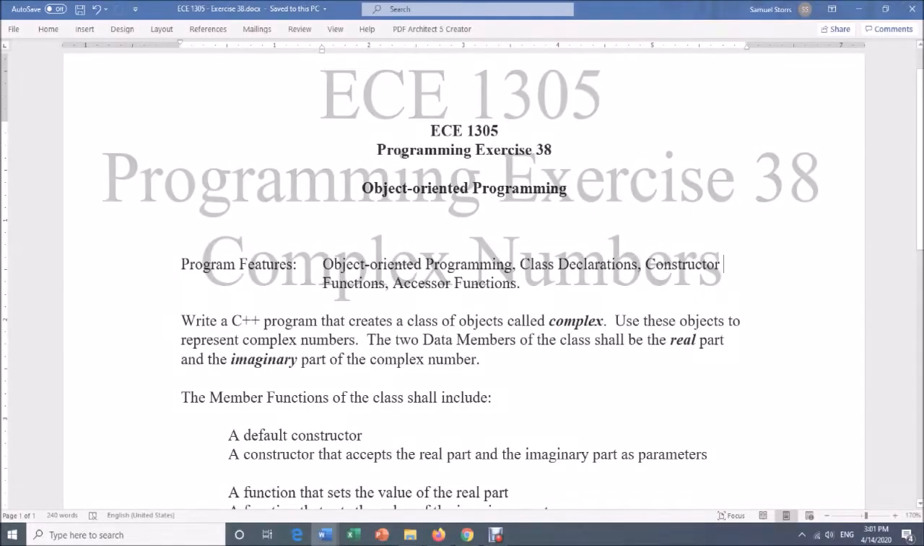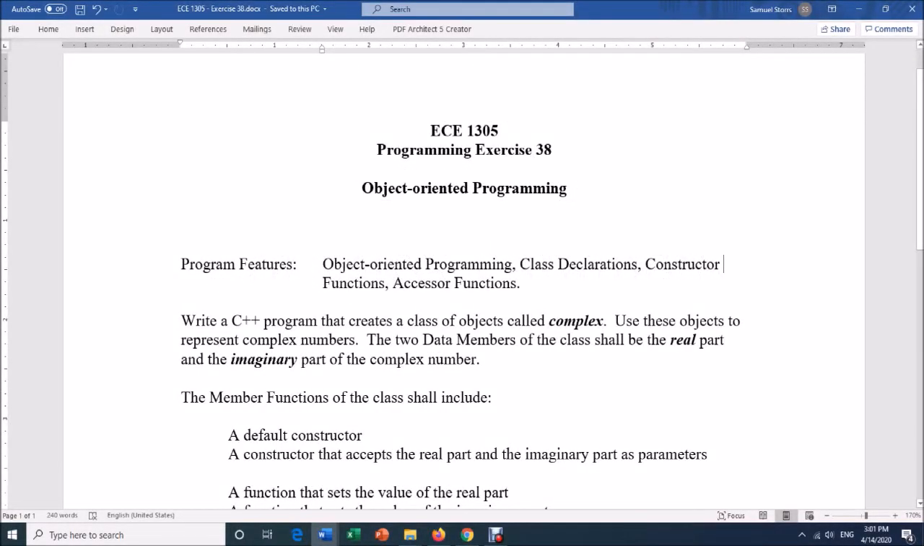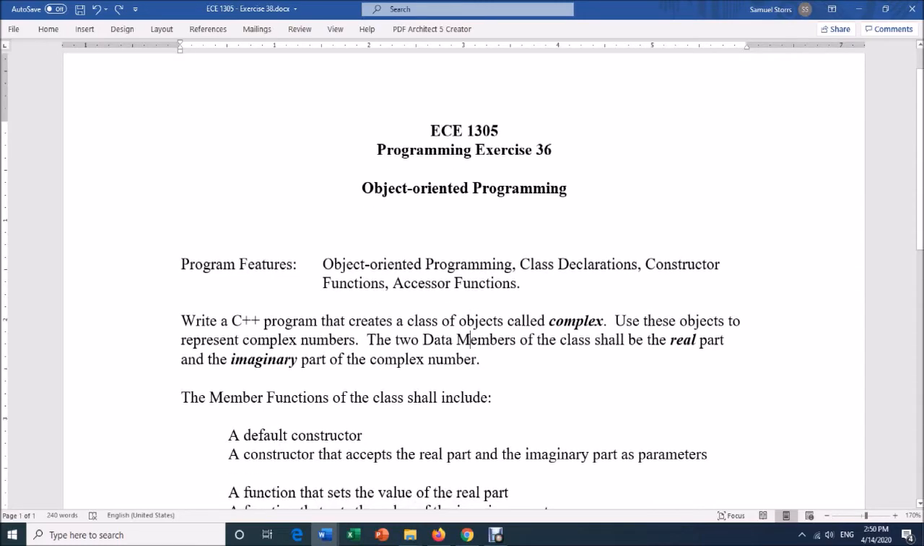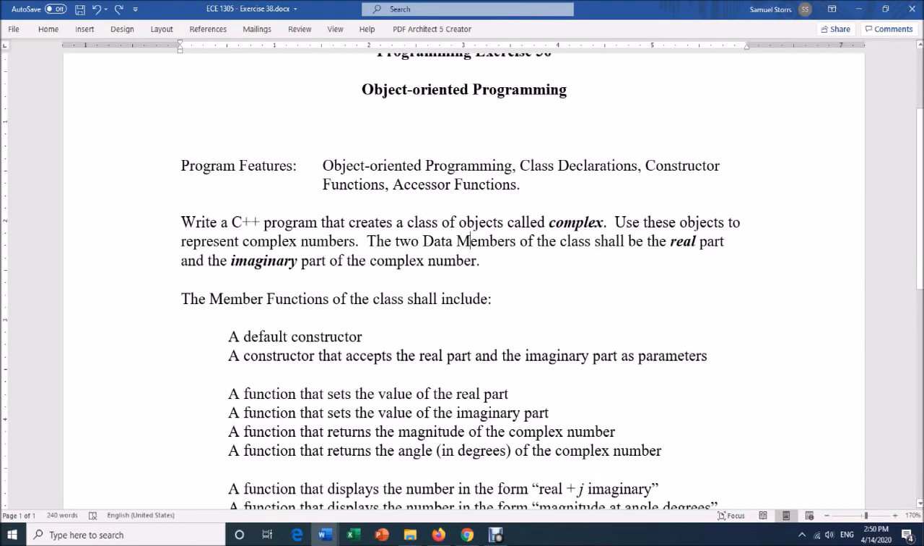This is a description of programming exercise number 38, the last programming exercise of the semester. It's a pretty involved program that should take you some time to write, although I think you can put the pieces and parts together in a pretty straightforward manner from what we've covered, or what I've covered in the last few presentations. Okay, this program